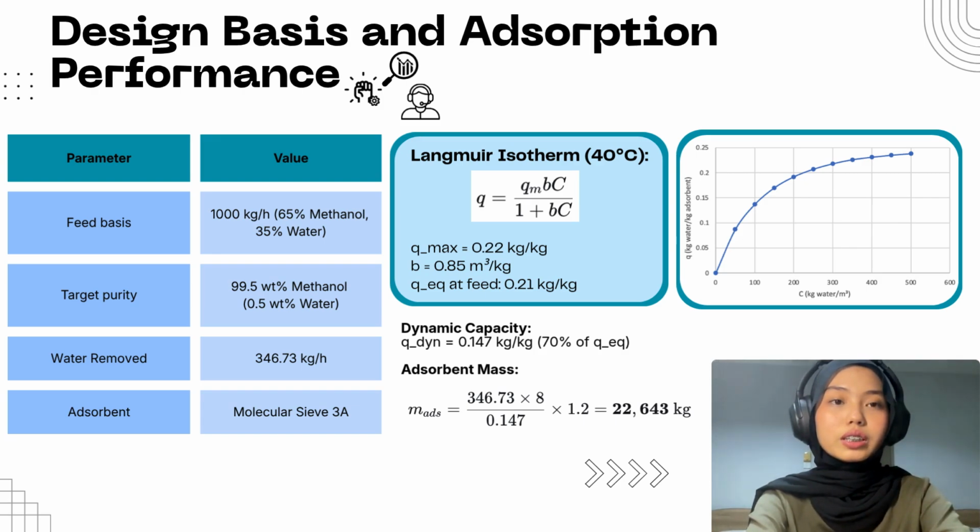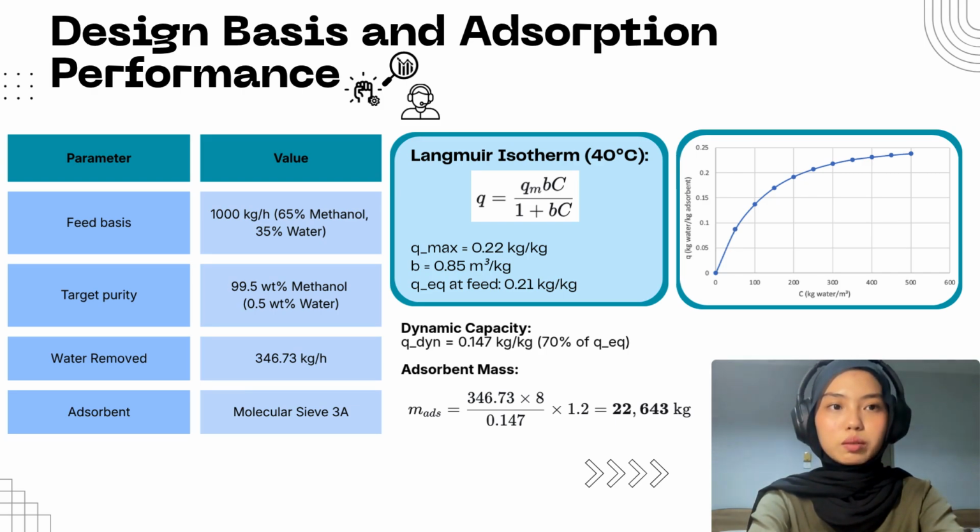Therefore, for a practical design, we use a dynamic capacity of 70% of the equilibrium value, which gives us 0.147 kilograms per kilogram. With this dynamic capacity and an 8-hour adsorption cycle, we calculated the required adsorbent mass. The water removed per cycle is 346.73 times 8, divided by the dynamic capacity of 0.147, and we also apply a safety factor of 1.2 for operational uncertainties. The final adsorbent mass per column is